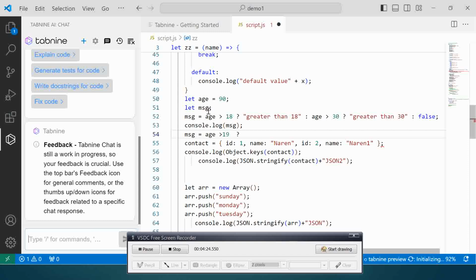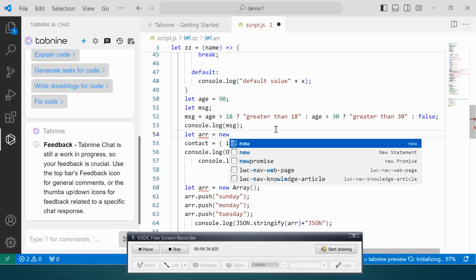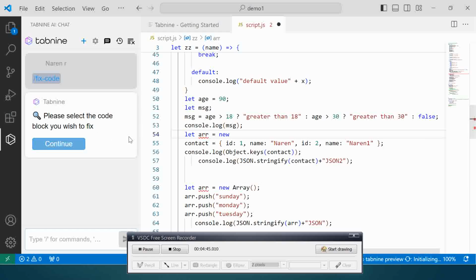And there are some other things. Here we are trying to generate this. Let's try something else. If we select this and say